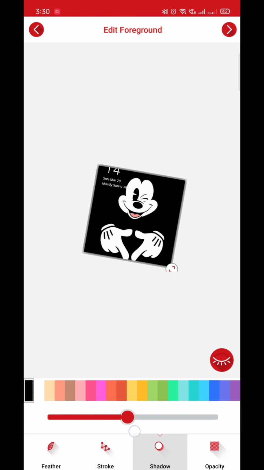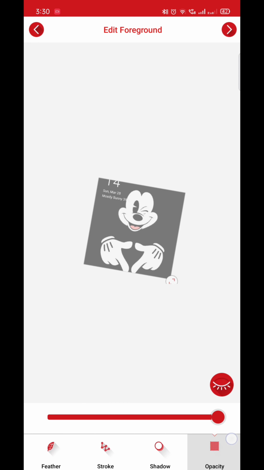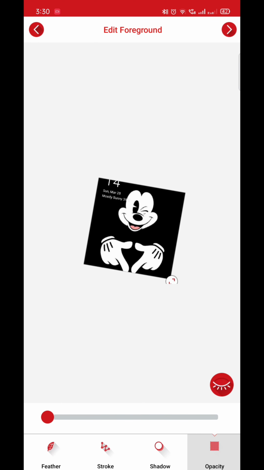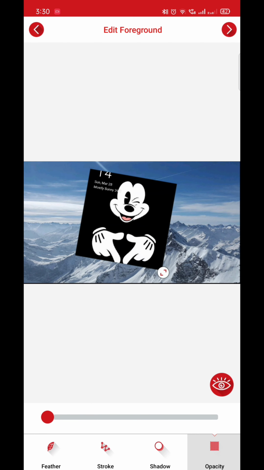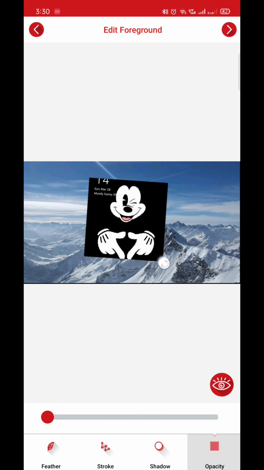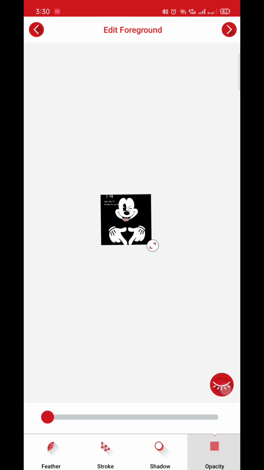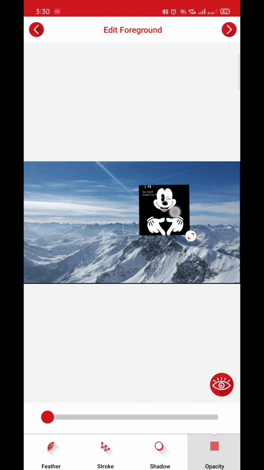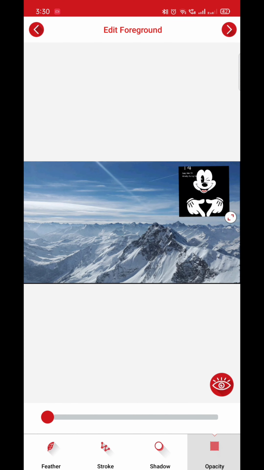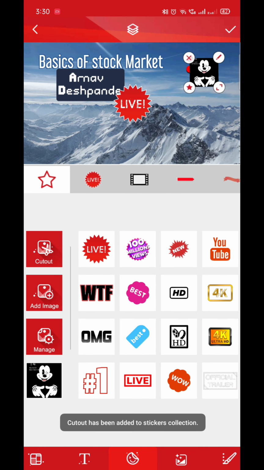And even you can adjust the shadow for this one, opacity also, light or dark. And these are all the settings, and you can check it by pressing this button. You can check it on the background also. So this was editing of the foreground.